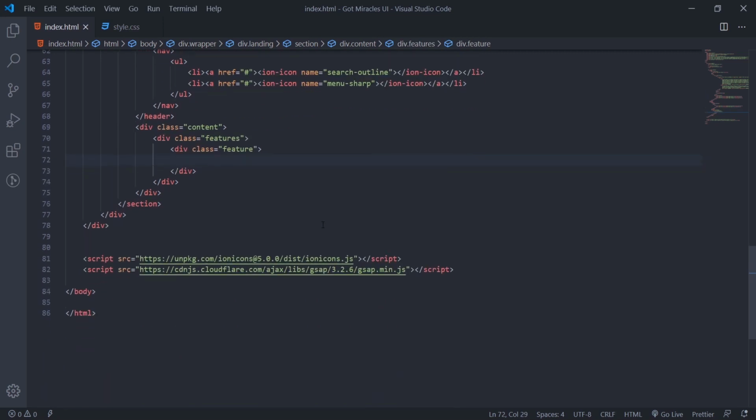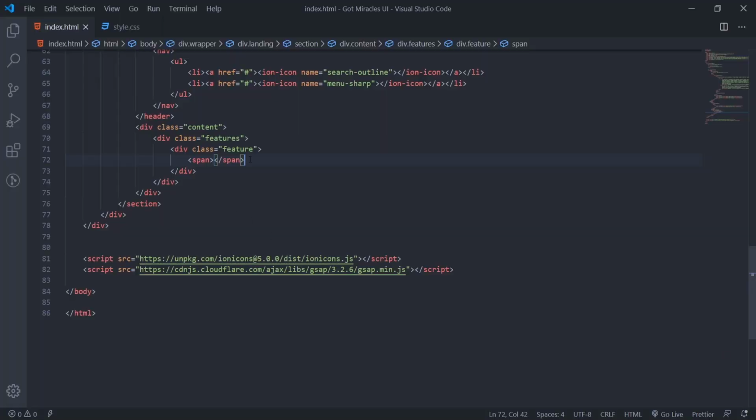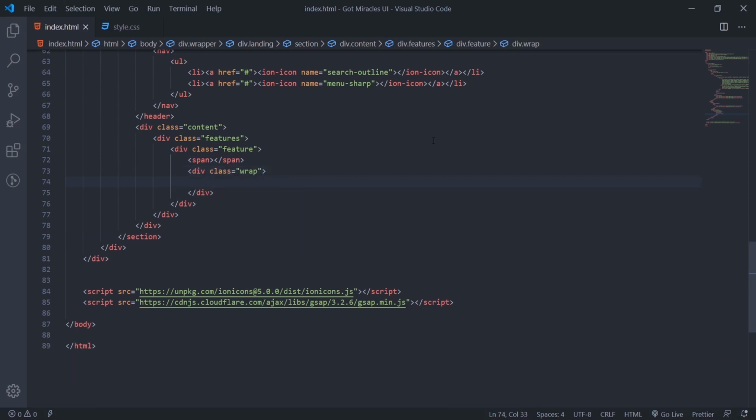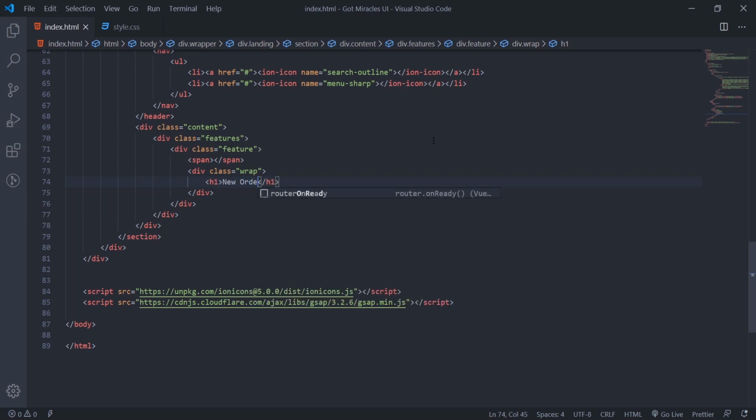So I'll just come here first now and create an empty span. This empty span is going to be this yellow thing, because I want to animate it. If not, you could use before or after to target it in CSS. I'll make an empty one there. Then for the purpose of animation, we'll wrap each one, which is new orders.